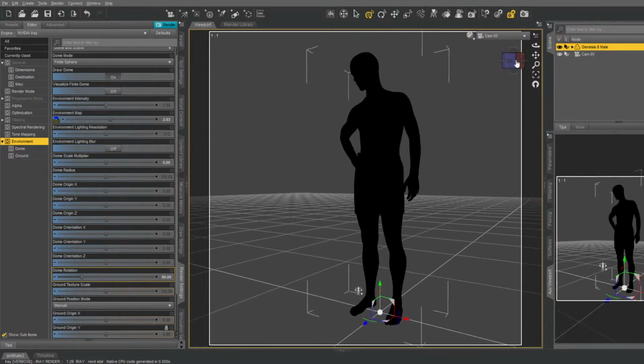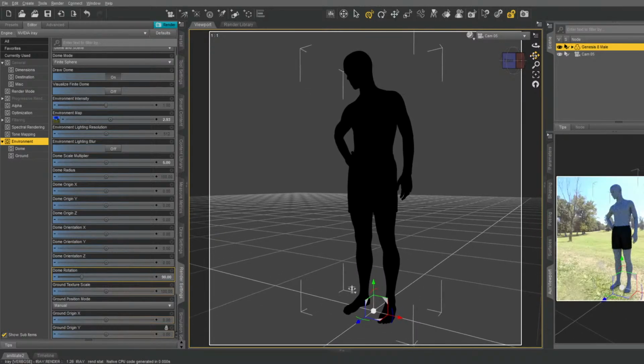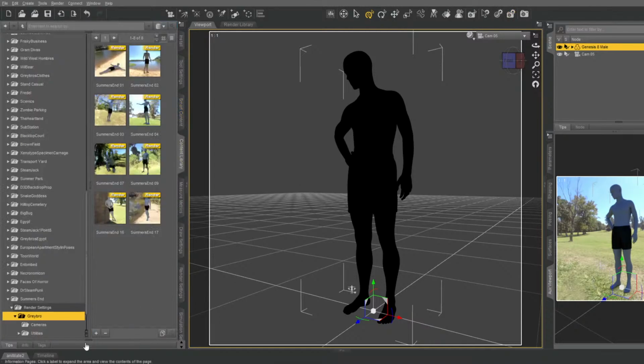You see how fast and liquid that moves? That's because it's not super high res. If I change this to 2, just plain old 2, that might look a little better. Yep, because you can kind of blow out the background. All right, so let's go back here. Number 5, save as 5. Render